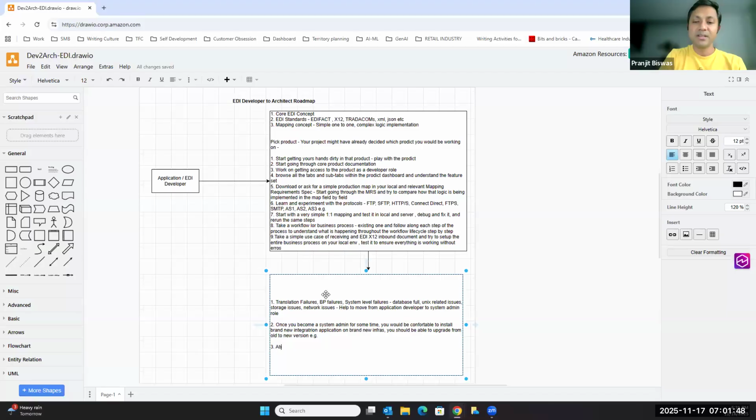So, the ability to work with the application product vendor and influence their product roadmap. And they might come up with a feature that you have actually identified as an issue,